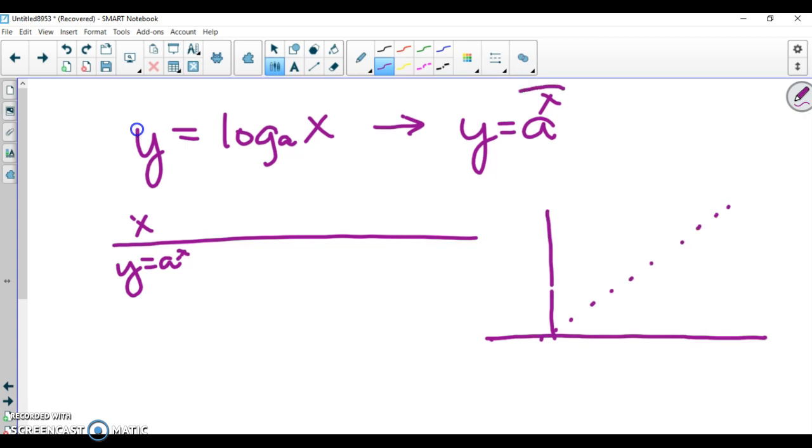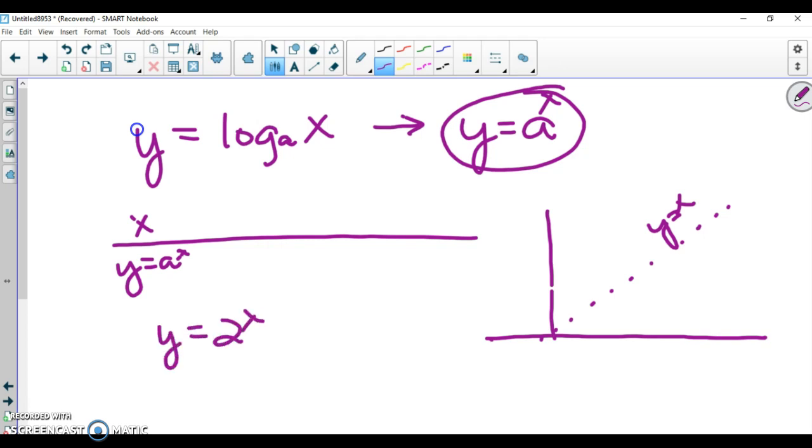So if we're able to graph the exponential function, we can simply reflect it across that line y equals x to see our log function. Looking at example 4, they are graphing the function y equals 2 to the x, the exponential function, and comparing that to y equals log base